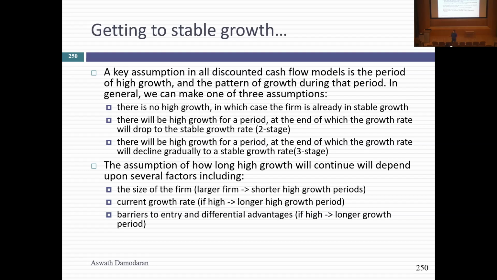But for most companies, you're sitting there saying, well, stable growth is not going to happen until year 10. You let your growth rates change over time. And as they change over time, eventually the company becomes a mature company. That's the 3-stage, 4-stage, every DCF model. Basically, this is one of the things that drive you from where you are today to becoming a stable growth.